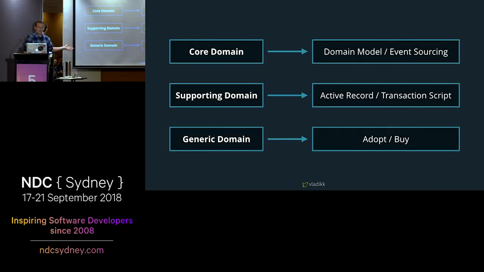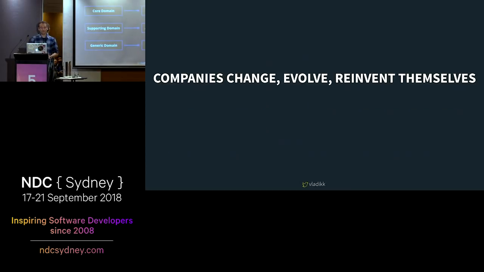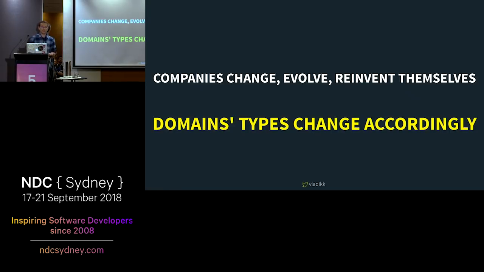However, this model didn't work well for us. The thing is, companies, and especially startups like ours, tend to change and to reinvent themselves over time. Businesses evolve, new profit sources are evaluated, others neglected, and sometimes unexpected opportunities are discovered. As a result, business domain types change accordingly. Speaking of our company, I think I have experienced almost all the possible combinations of such changes.